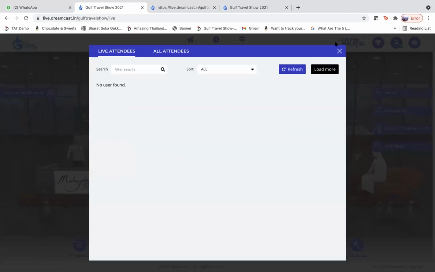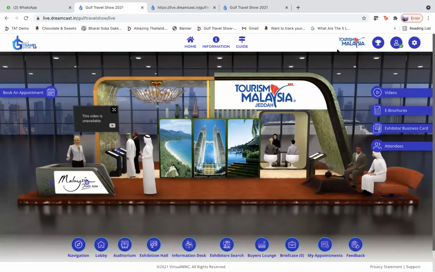So can you see, like I am the admin here, and I have this live attendee scenario right here. Okay. Now let me log in from Mozilla, and I'll tell you how I can actually walk around with two of the browsers and just show you how the interaction works. Maybe my Mozilla is still verified.